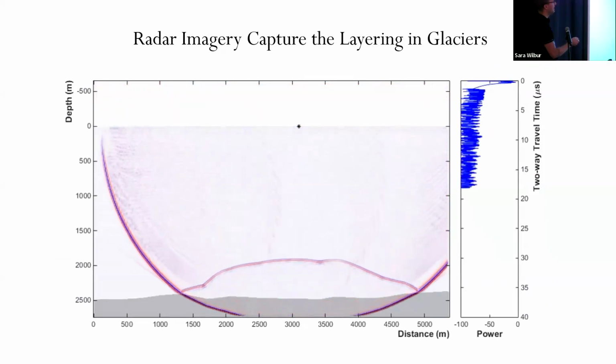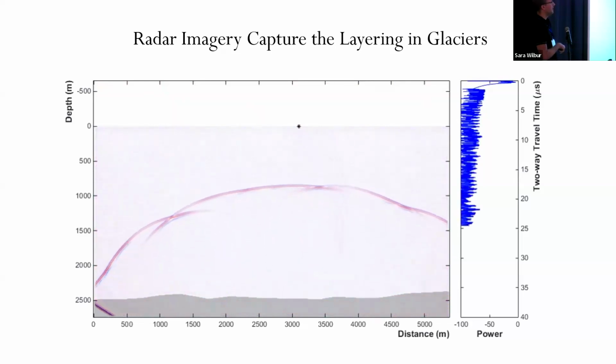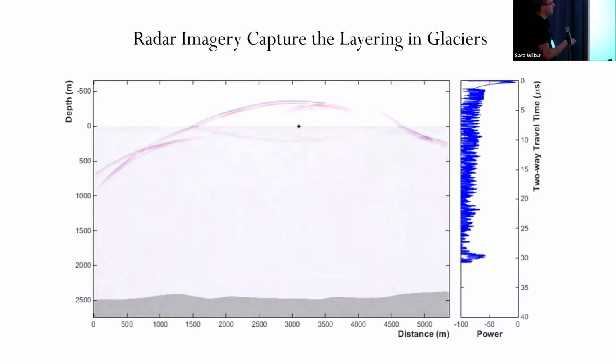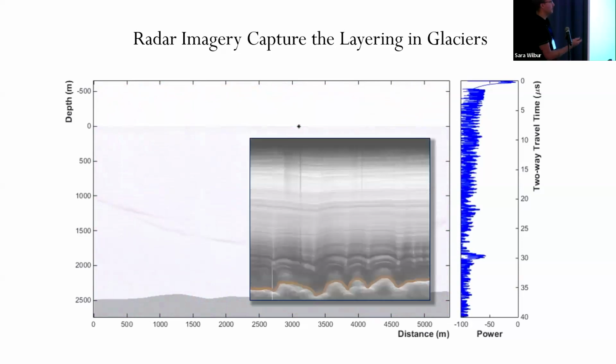And where there are these distinct layers within the ice sheet, some of that light is reflected. And so you're sitting at the ice sheet surface measuring the strength of those reflections through time. And if you know the speed of light in ice, you can use the time delay associated with that propagating wave to map out the geometry of the subsurface. So you drive your radar along the surface, you collect a bunch of these different time series, which are represented here. When you encode that time series information as color, you get an image, and that's what a radar image is. And you can see this is a radar image from, I think, East Antarctica,